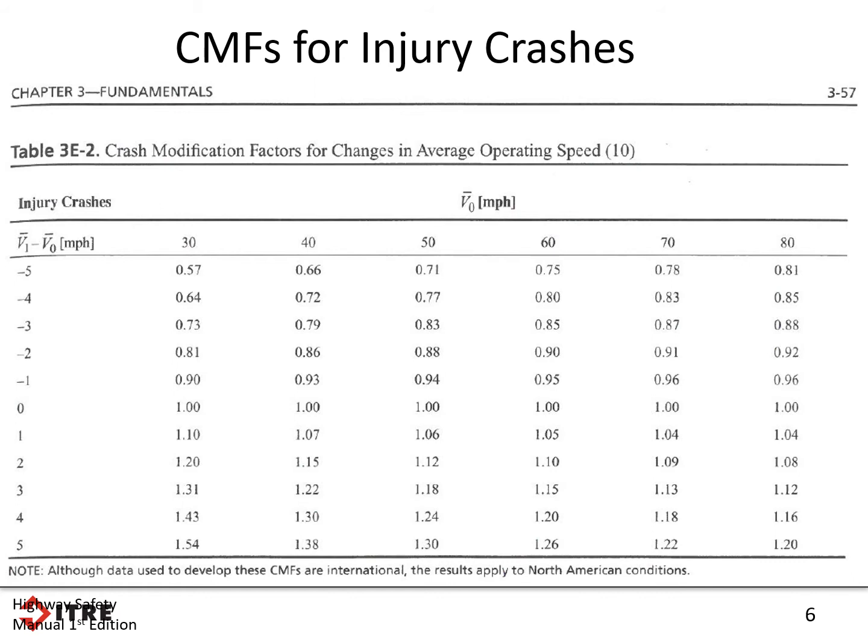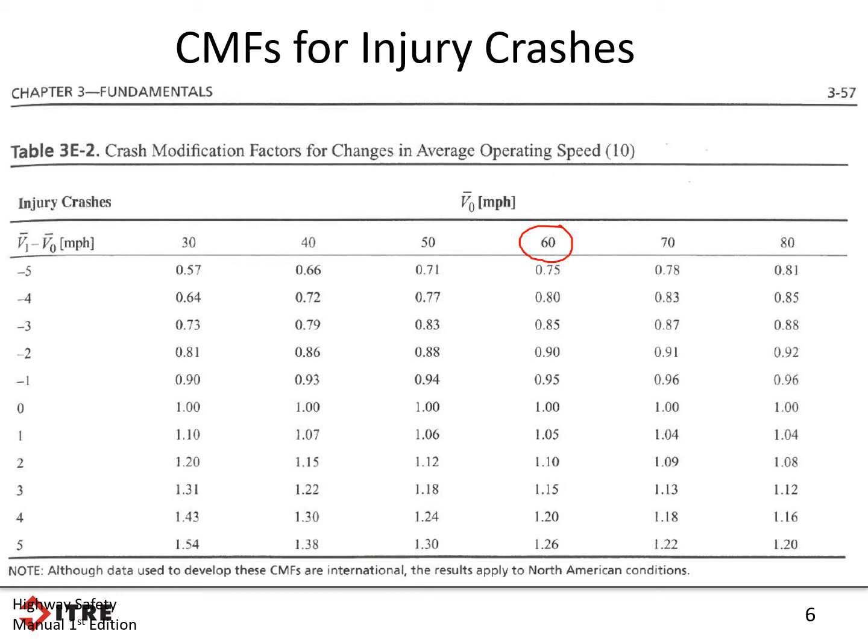This is also spelled out in the Highway Safety Manual First Edition. These are crash modification factors, multiplicative factors for crash estimates. And this is showing us the change in speeds on the vertical axis. So the far left column is showing us the change in speed from an initial condition to a new condition, and then the columns for each of the miles per hour are the initial speeds. So for instance, the way we can read this, at 60 miles per hour, if the operating speed